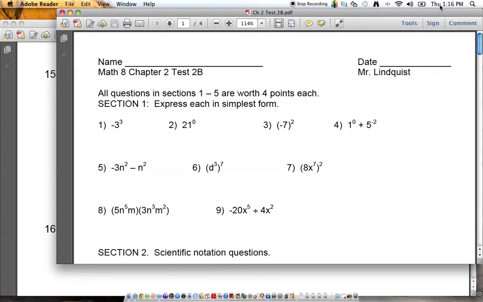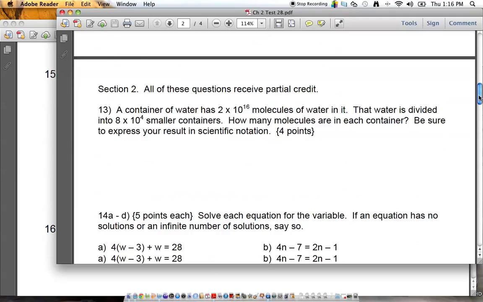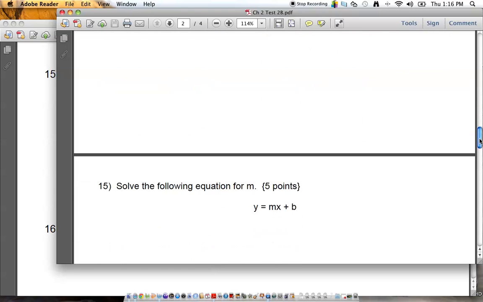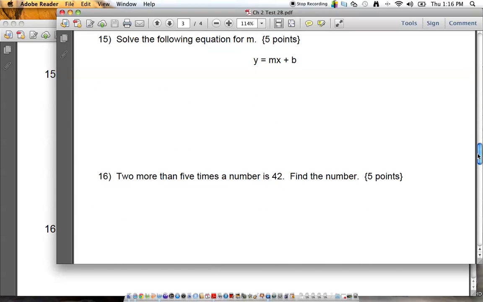Here we go. Okay. Question number 15. There we go. Solve the equation for M. When you see the words that say solve for M, what does that tell you? To get M by itself. Get M by itself. So my first step, like before, is to subtract the B, and I get Y minus